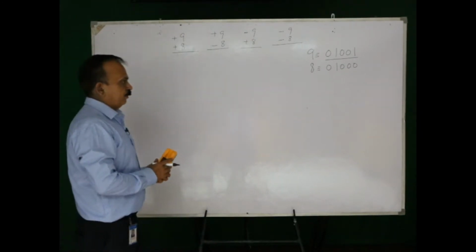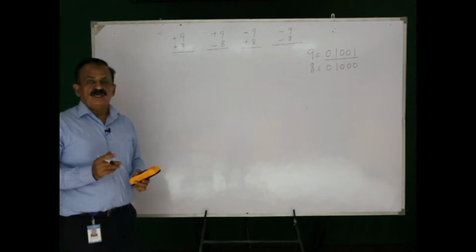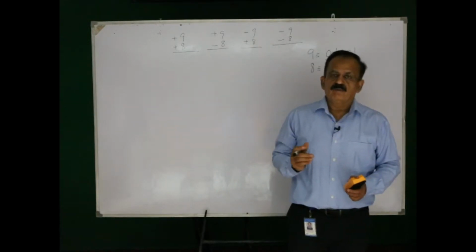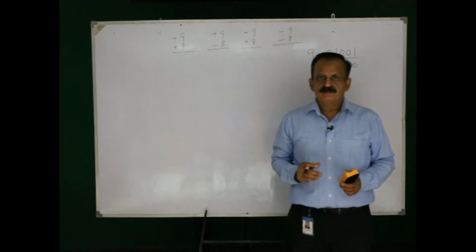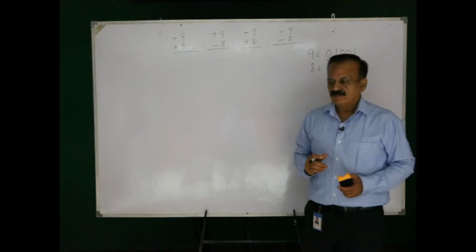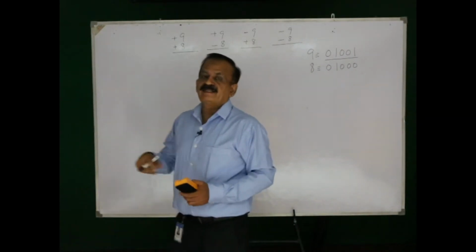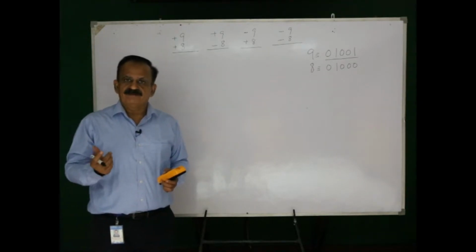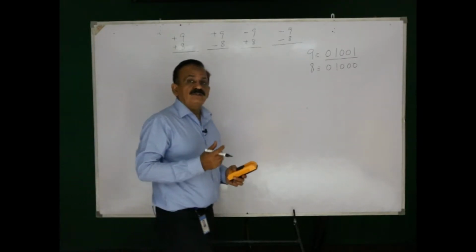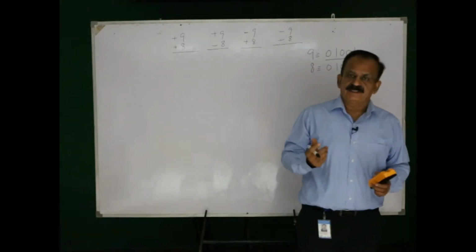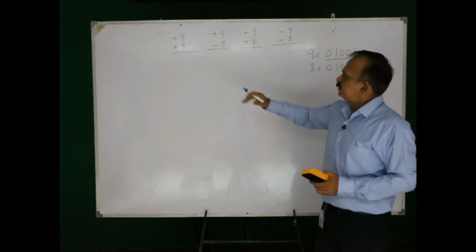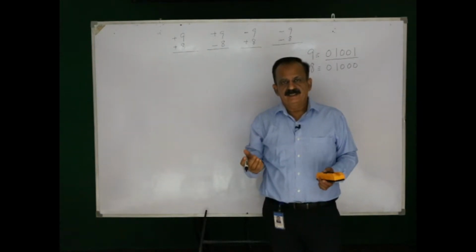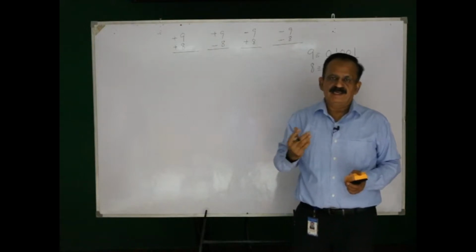Now what is the 1's complement method? The method we discussed was: find the 1's complement of the negative number and add it to the other number. If there is a carry, the answer is positive, and we add the end around carry. If there is no carry, the answer is negative, and it is the 1's complement of the result after addition. Now in this case, since we are taking the sign of the number along with it, the sign will be indicated either by 0 or by 1.